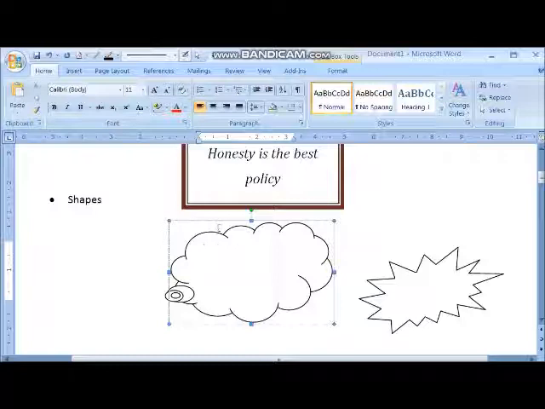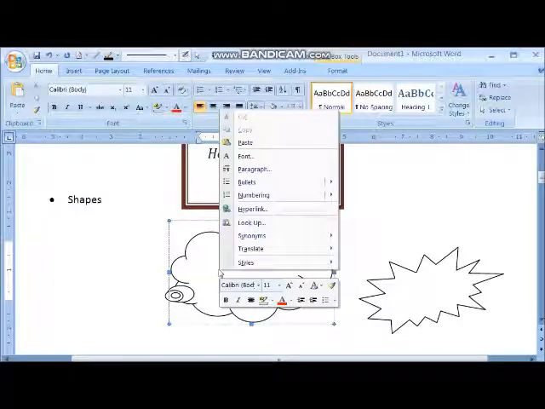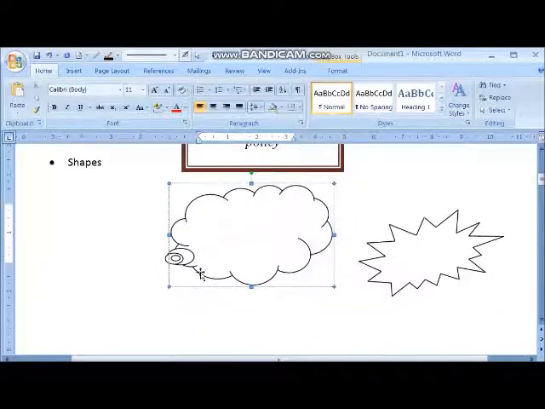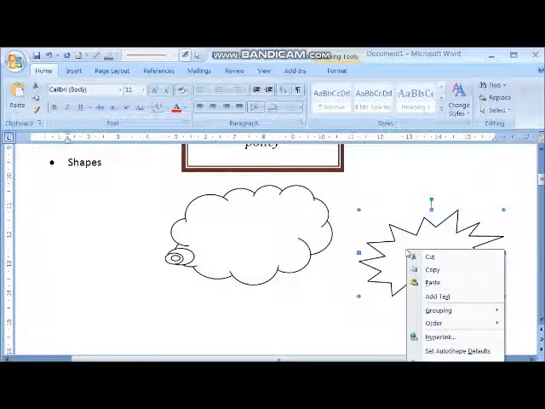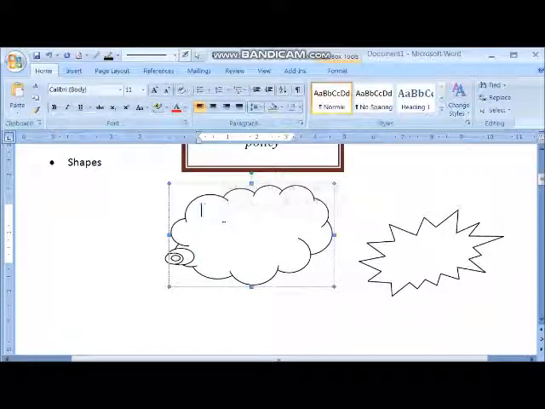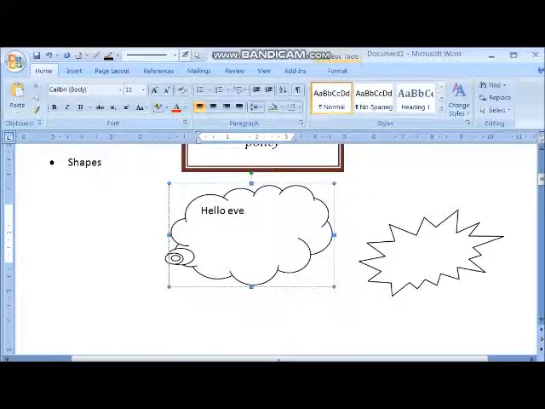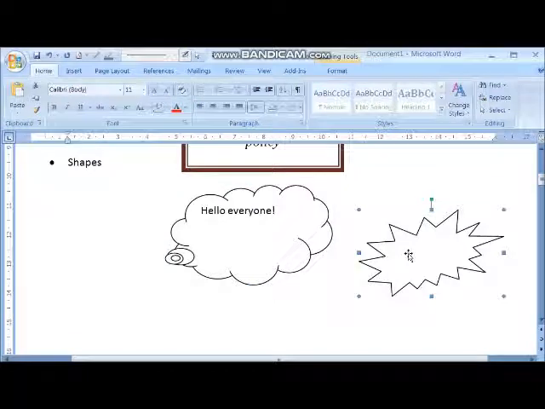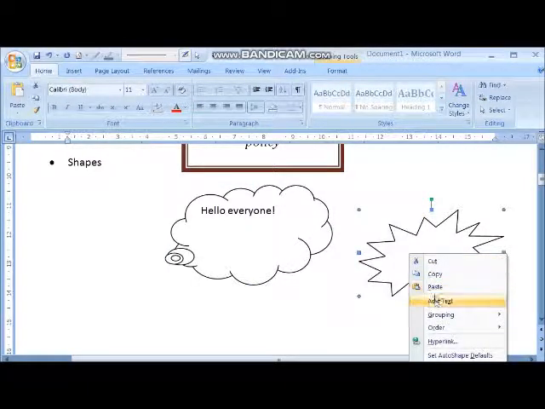Okay, first thing, or you can right click and then add text. यहाँ हम लिख पा रहे हैं क्योंकि वहाँ add text हो चुका है. That's why we are going to write here.